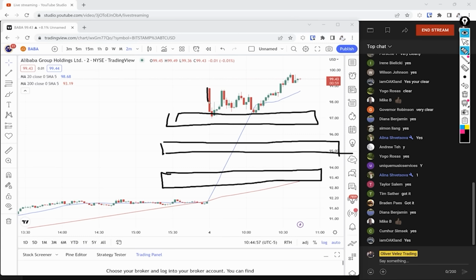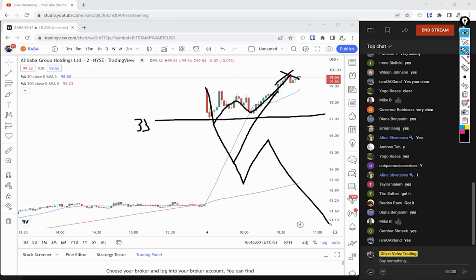And so we can see that Baba found support on the third. Now, here's the thing. If a stock finds support on the third and it maintains that support, you're likely to go to new highs. If you drop to the halfway mark, you're likely to go up as much as maybe 2/3, sometimes all the way. But if you drop here, you're lucky if you get past 1/2.